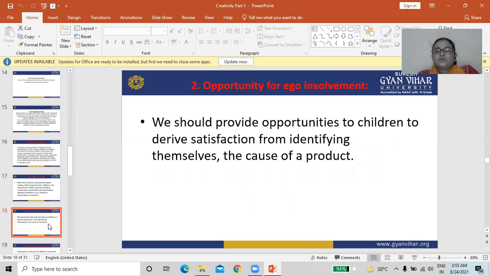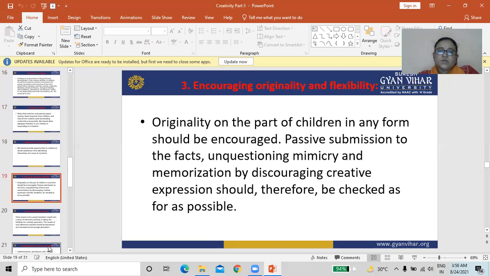Opportunity for ego involvement. We should provide opportunity to children to derive satisfaction from identifying themselves as the cause of a product, encouraging originality and flexibility.